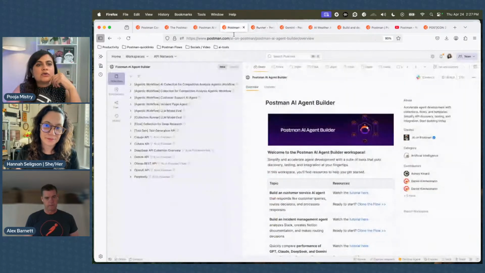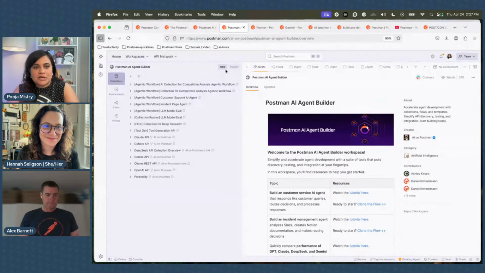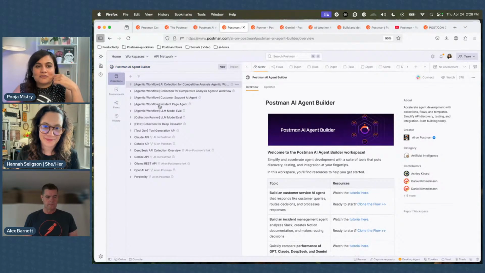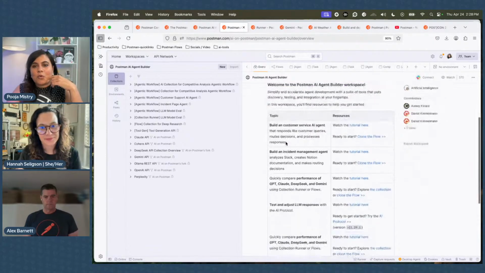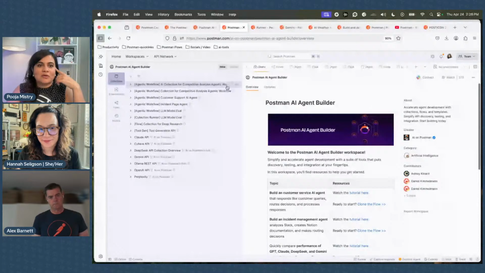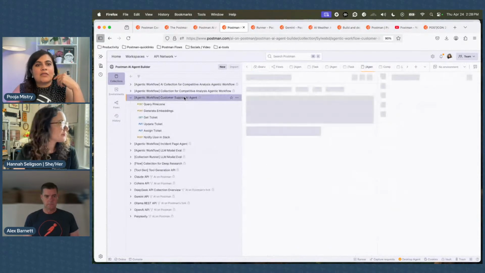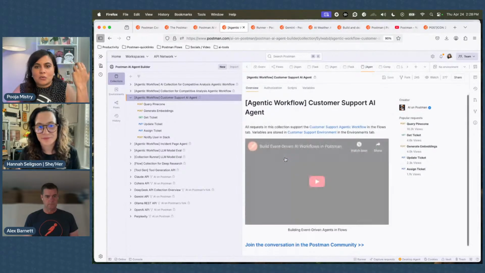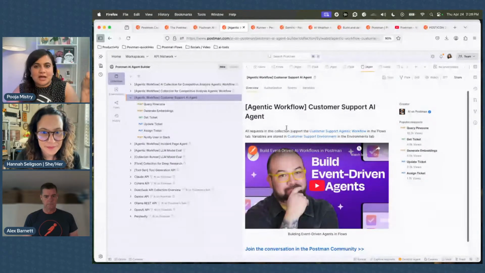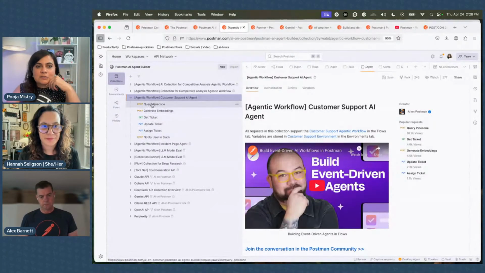And that leads to the next thing, which is the workflows, which I think is the most interesting way of working with and building agents. Within the AI agent builder, we have quite a few different workflows, and you can watch all the tutorials and how to get started with these workflows within the main overview page. For example, this is a customer service agent, and this is my colleague Sterling, who does a great job explaining how some of these workflows work.